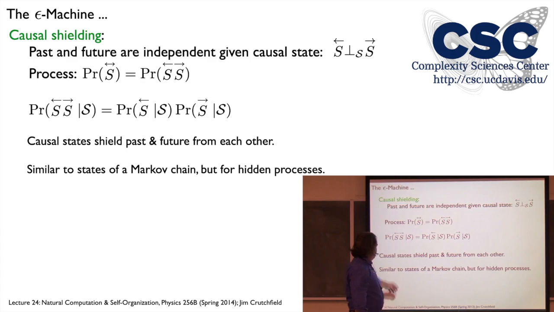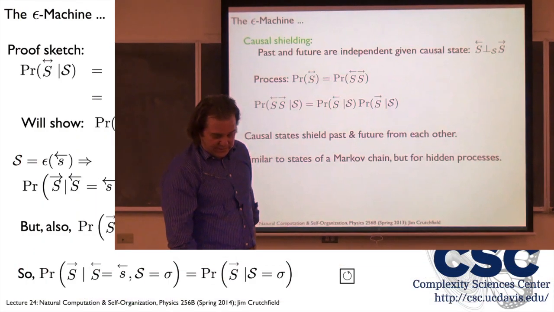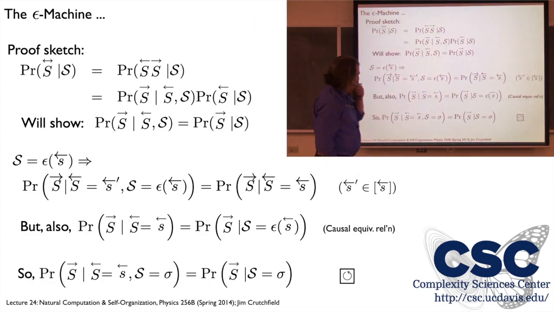So the way we say this is that if you know what causal state you're in, it shields the past from the future, and the future from the past. It's symmetric. So it's very much like what states of a Markov chain do, but for hidden processes. Okay, so to prove this,